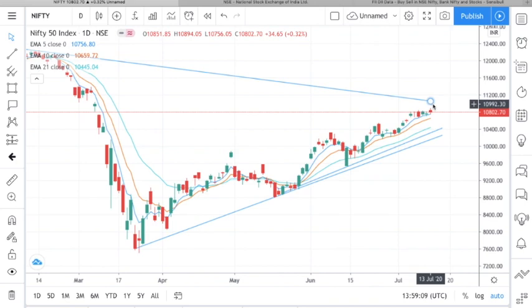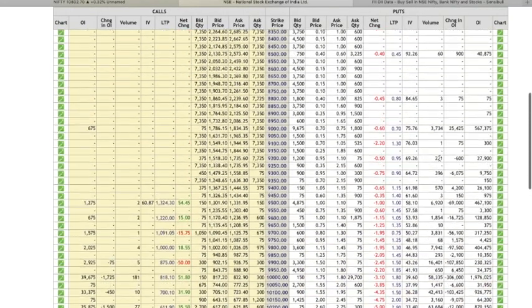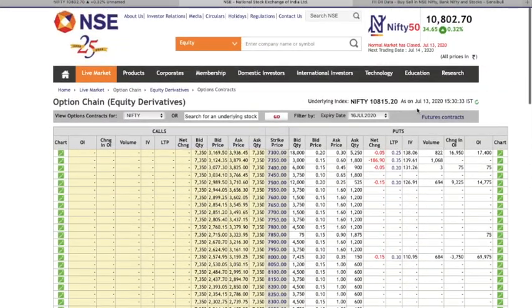But if Nifty opens below 10,820 and goes below the levels of 10,760, we can expect it to fall to its weekly, bi-weekly, and monthly moving averages. So this is basically my Nifty prediction. Now the next thing that we're going to do is go to option chain analysis. Now the underlying price is 10,815 because that is the closing price as on this date. So for making my predictions for the next day, it's very instructive to keep this in mind.